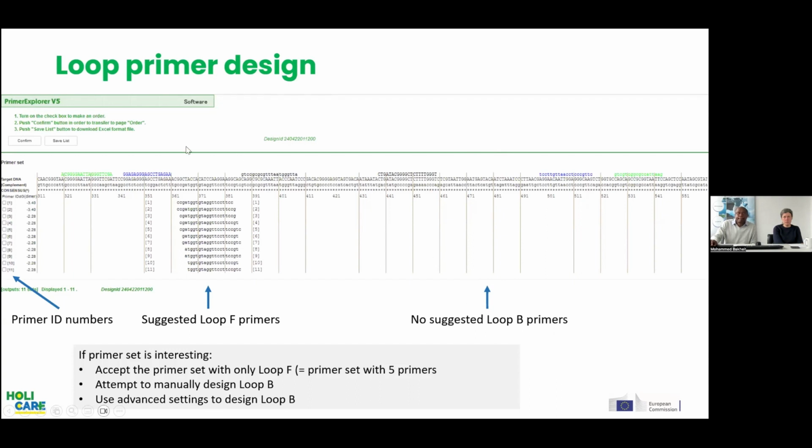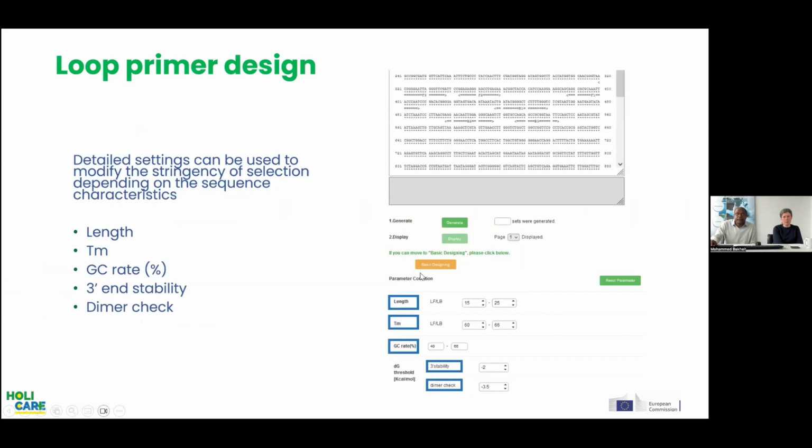So if you are happy with your primer set, you can now decide whether to go with the original primer set without loop primer, or just to include this one, or to manually design another one here, or to use that advanced setting button to modify or ease a little bit the conditions that the software is going to consider, to see if you can force it to design a loop primer for you. That was the choice which we made. And as soon as you press on this,